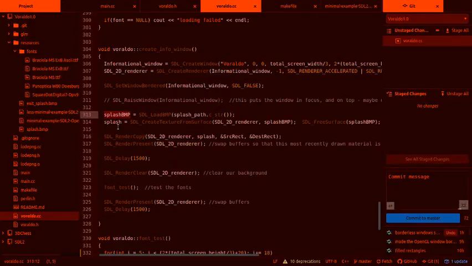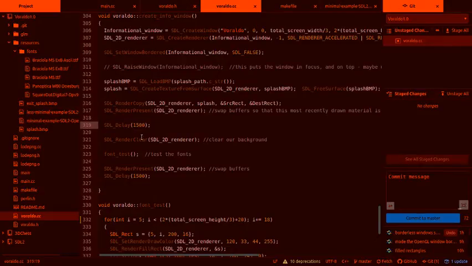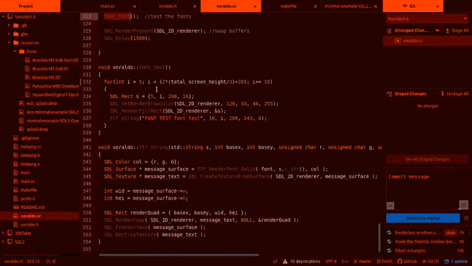So you create that from that, and then take that, and it's part of the render copy thing, and it's putting it back in this window. Then this swaps the two buffers so that it is displayed to the user. Then delay so you can see it for a second and a half. Clear it, run the font test, which is